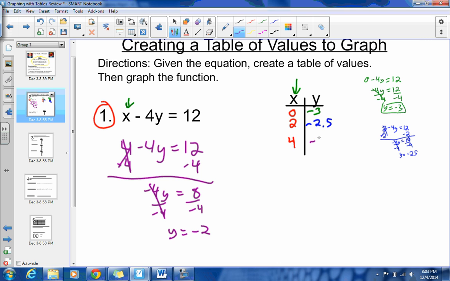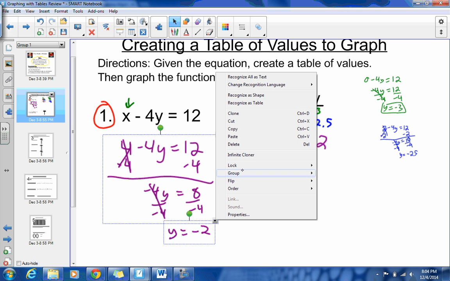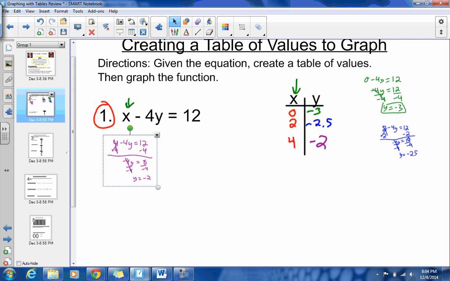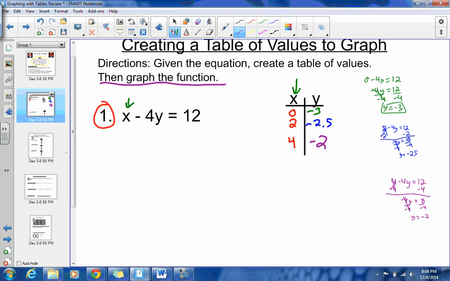All right. And with that, we are just about done with the problem. The only last step that has to be done is to graph it. It says to graph the function. So you got to know how to graph it. Now, if you have graph paper, it makes it a lot easier. I will just make my own little